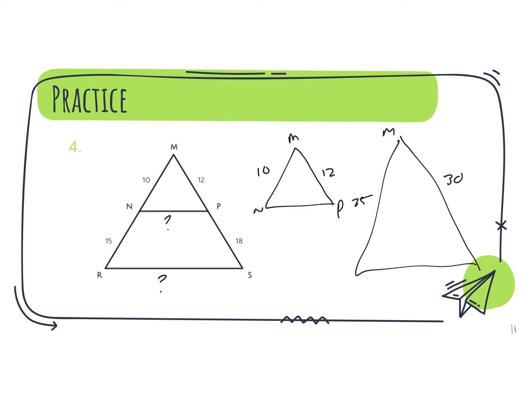I don't really care because M is part of both triangles. Okay, M is part of both triangles. So that's going to obviously be the same. That's going to be congruent. All right, you're equal to yourself. They call that the reflexive property. So that one's true. So now I got to look, is 10 over 25 the same thing as 12 over